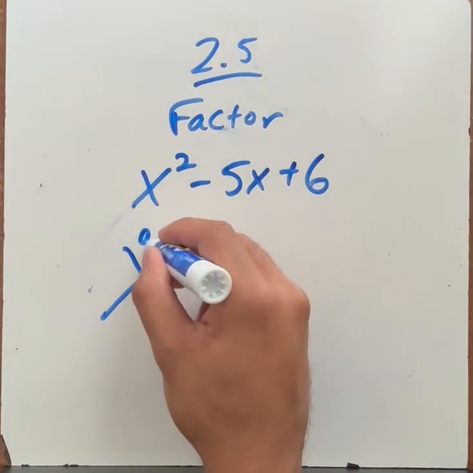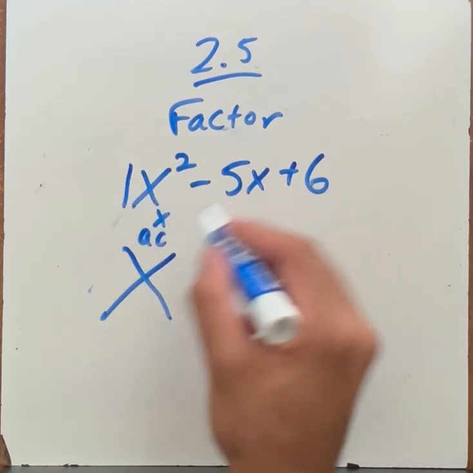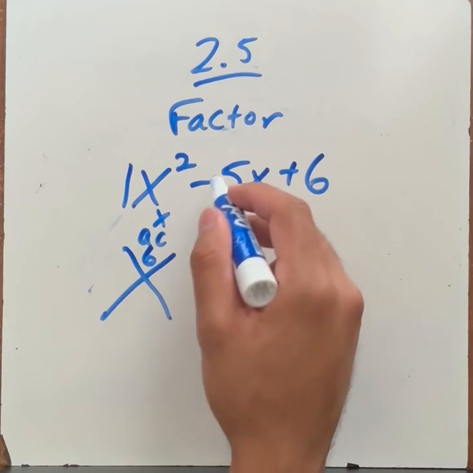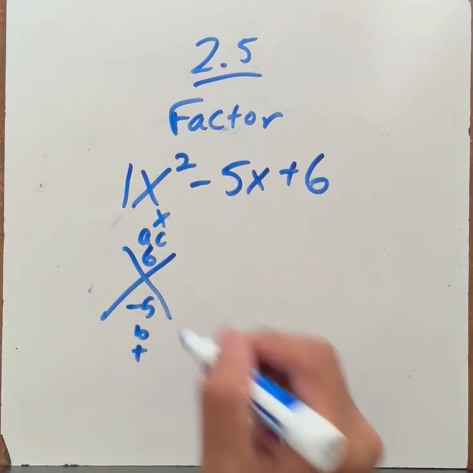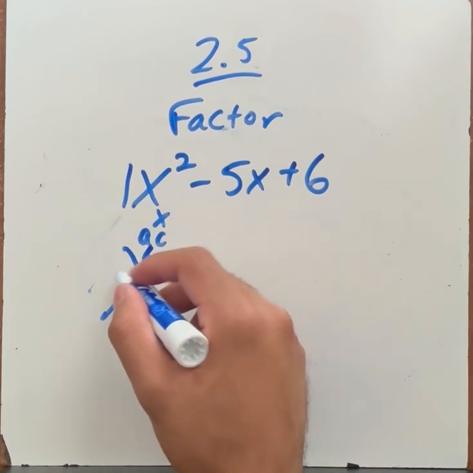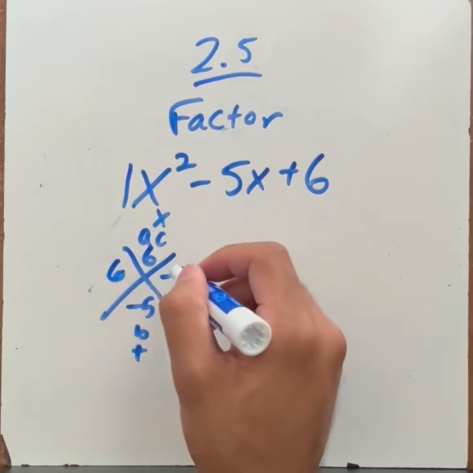We want two numbers that multiply to make AC, where A is 1 and C is 6. So 1 times 6 is 6, and they add to make negative 5, which is B. So we want two numbers that add to make B. So that would be 6 and negative 1, because 6